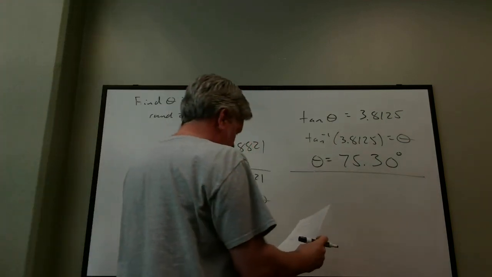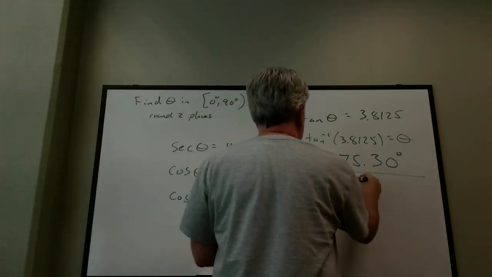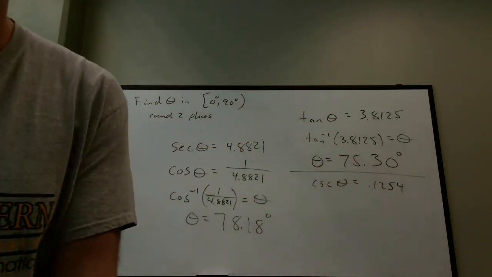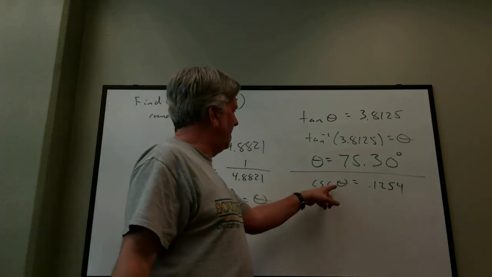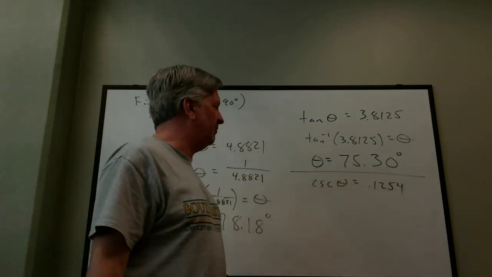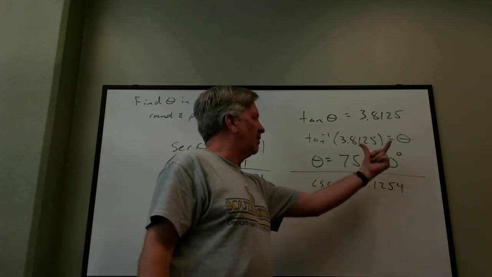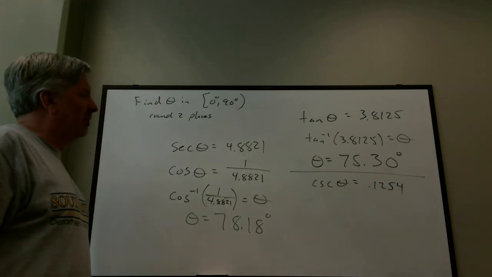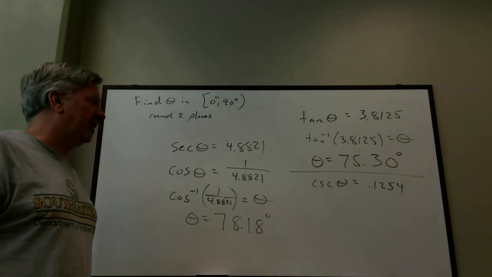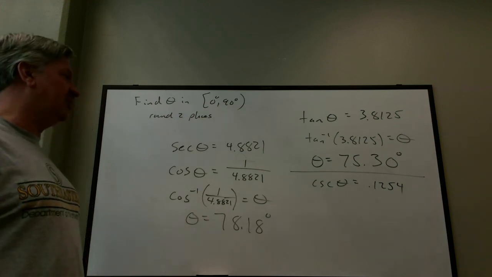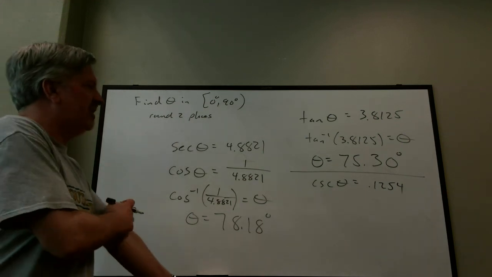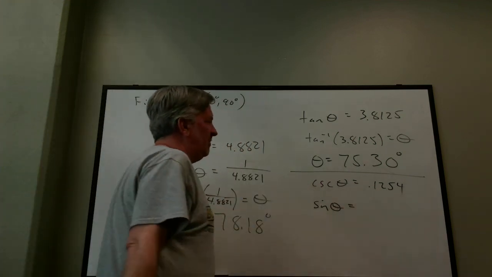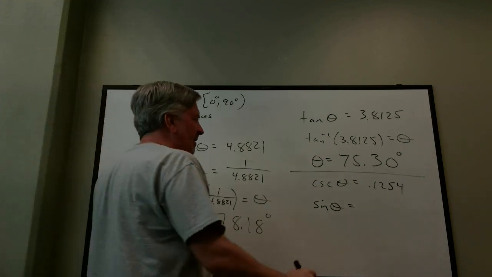Okay, and then the last one here says cosecant theta is 0.1254. Again, you could say theta is cosecant inverse of 0.1254, right? Cosecant of an angle is a number. Cosecant inverse of the number is the angle, but again, you don't have a cosecant inverse button on the calculator. So if we wanted to try to solve this, what should we do first? We need to write it in terms of sine, cosine, or tangent. Well, the obvious thing to do is use the reciprocal like we did here. So the reciprocal of cosecant is sine. So if cosecant of theta is 0.1254, sine would be 1 over that,